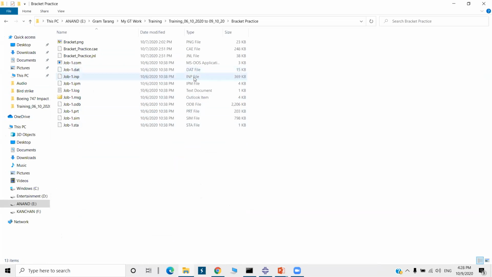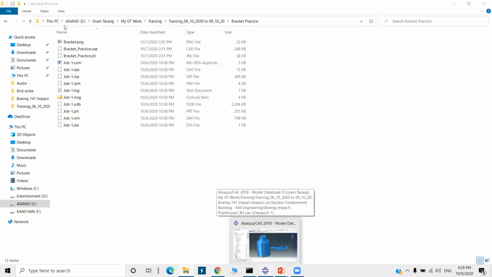The INP file, which is the input file, is generated, then the log file, message file, ODB file (output database file), part file, C file, and status file. These files are stored in the working directory, the folder we select while selecting the working directory. So these many files Abaqus generates. That's why it is important to select the work directory before submitting the job.